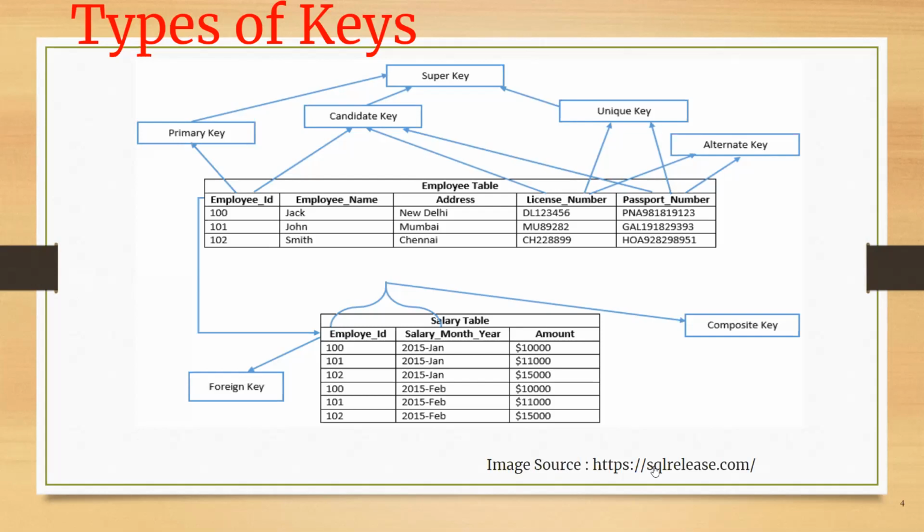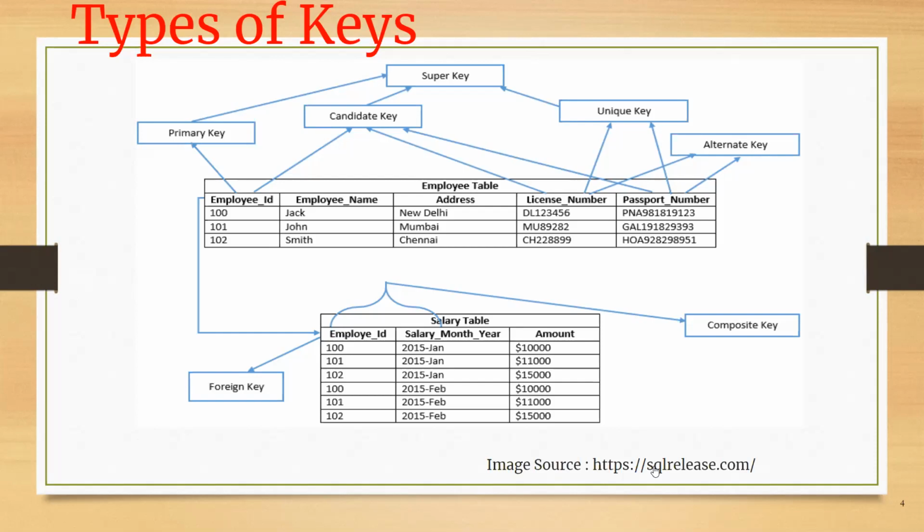Next, we are moving to the second, that is the candidate key. Okay. When I talk about a candidate key, it is also referred to as a composite key at times. A candidate key is a key of the table which can be selected as the primary key of the table. However, at times you can also have multiple candidate keys out of which you can select any one of them as a primary key. So here in this example, we already have employee ID as a primary key.